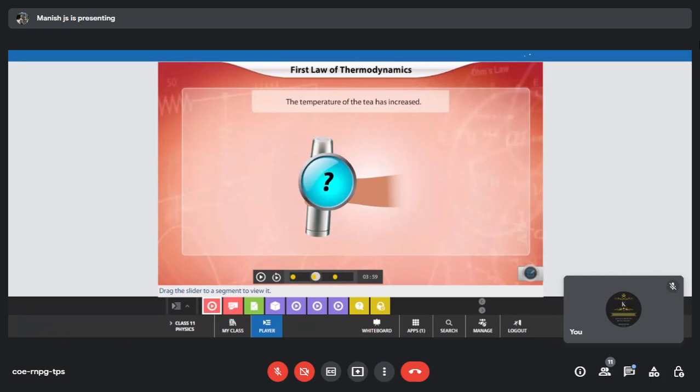Anybody else? It's good that you guys are trying. I think somebody said friction, if I'm not wrong. Who was that? Was it Prasanna? Yes sir. Okay, friction is correct. The water molecules or the liquid substance present inside the flask rub against each other due to friction. So due to friction, obviously there is going to be a slight increase in temperature. Not considerably high, but a very slight increase. That is purely because of friction. Obviously work also comes into the picture, but we will look at that at a later stage. But the primary reason would be friction. Okay, so moving on.